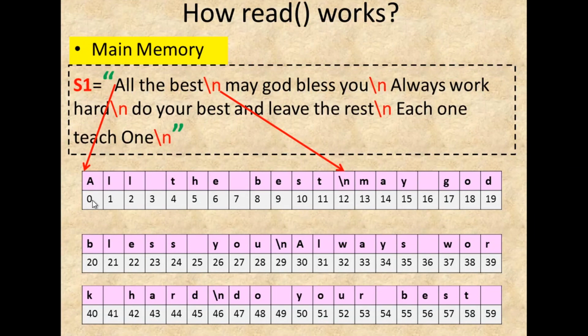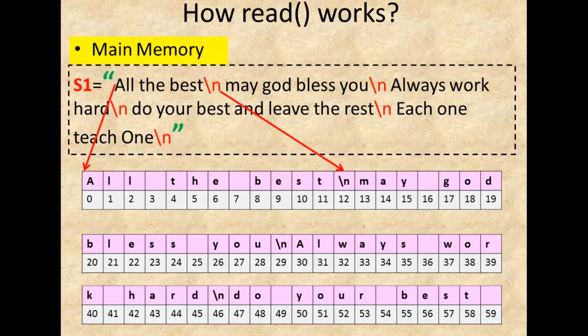Just try to remember what was the task we started with. We started with the task of counting the small case vowels. So now what I have to do is, after taking the entire content into the variable S1, I have to traverse through this variable starting from the 0th index till the last. I hope this visualization is making it more clear in your mind how the data has been read from your file, that is your book.txt.